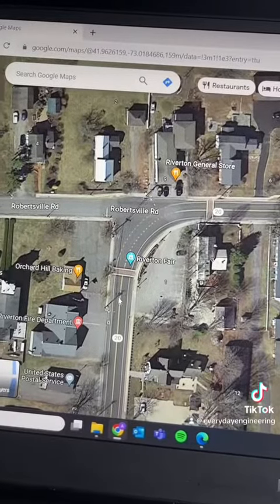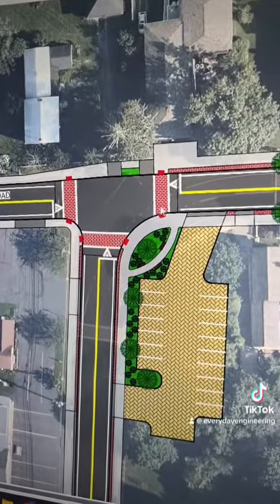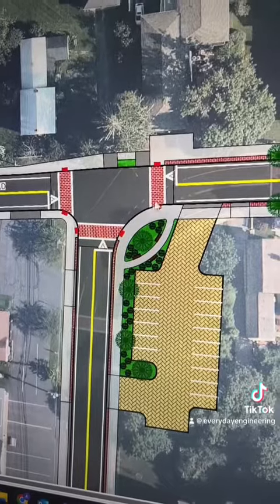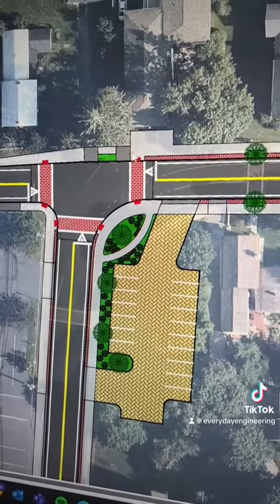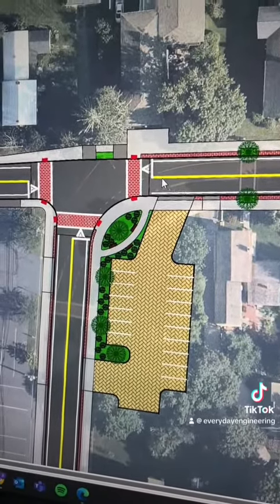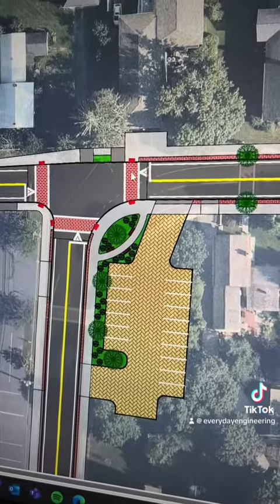So the big change I made was redesigning this curve into an always stop T intersection. And this is actually a raised intersection, so the sidewalk, all the crosswalks, and this center intersection area and the sidewalks over here are at the same level. So cars have to go up and over to get through the intersection, and it places more prominence on pedestrians